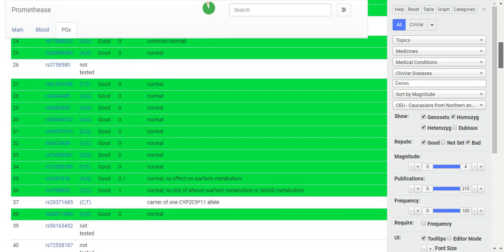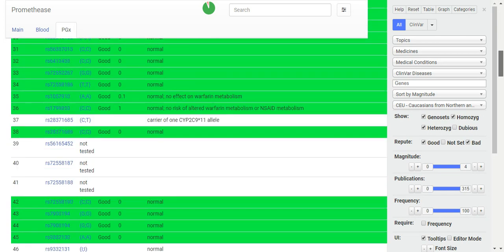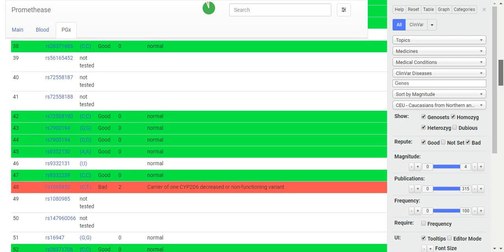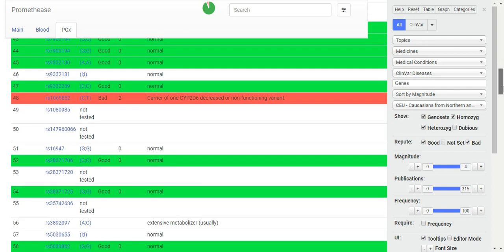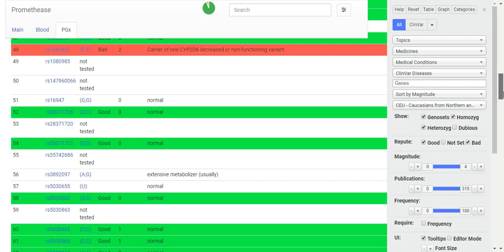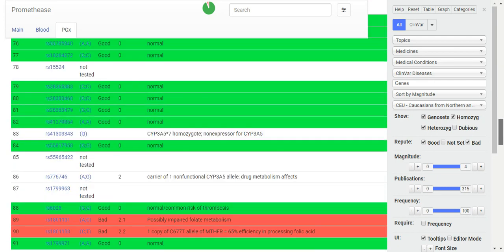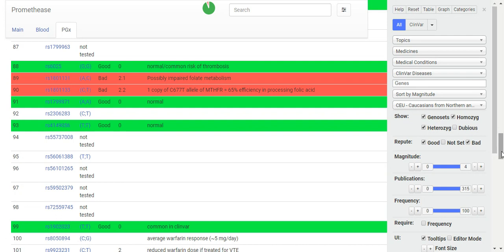There's just a lot of things that I don't think there is enough time to cover, but I think this is a really good investment. It's only $5, and you can download your results and keep them, and you can share them with your doctor, or if you're getting surgery for something, there's certain things where it'll tell you whether you'll have reactions to certain things. If I can find it, let's see. They also tell you your efficiency in processing folic acid.